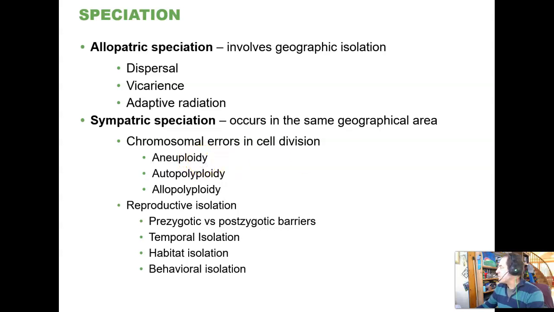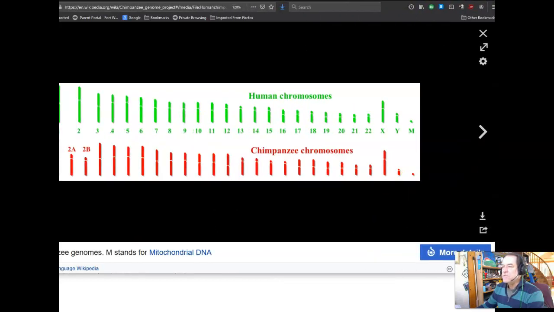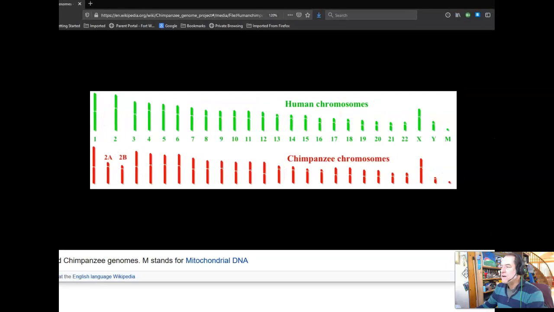So for instance, one of the things that distinguishes humans from chimpanzees is the difference in the number of chromosomes that we have right here. Here's our 23 distinct chromosomes. This is through 22 right here, and then here's the 23rd pair, X and Y chromosomes that we're familiar with, all right? And then here's the mitochondrial genome, mitochondrial DNA right here. Only goes matrilineally from mother to all offspring, only from females to the next offspring, etc. That's what the M means here.